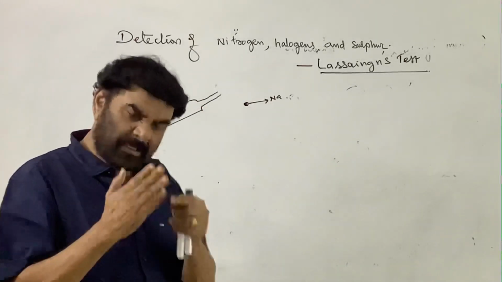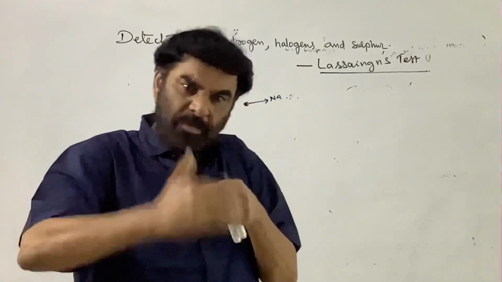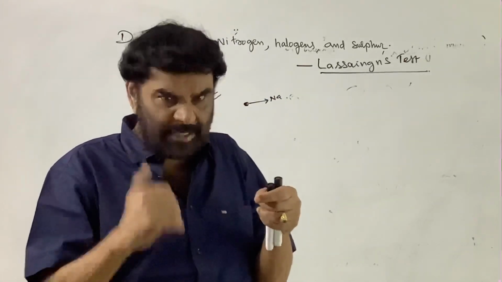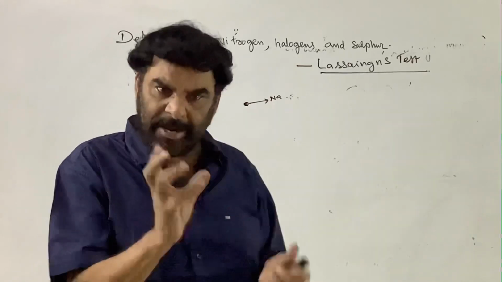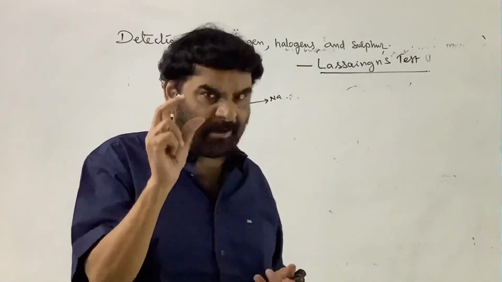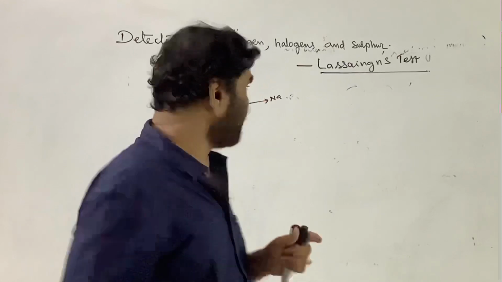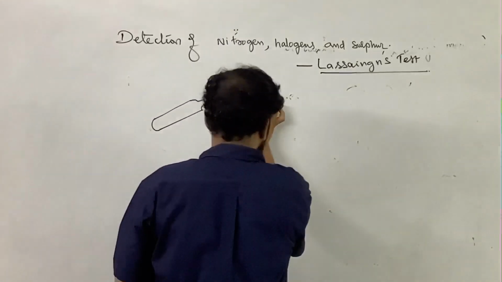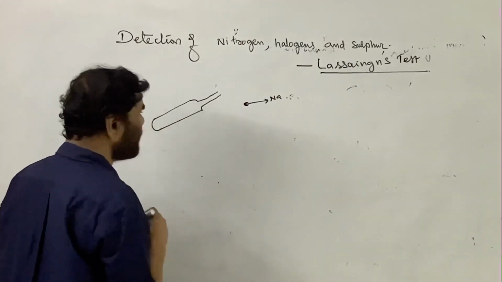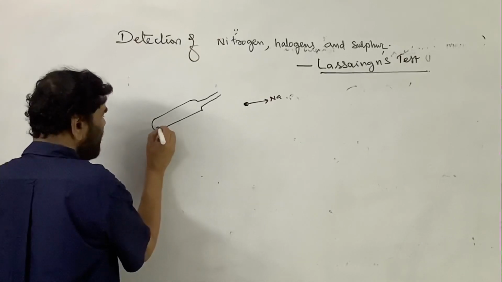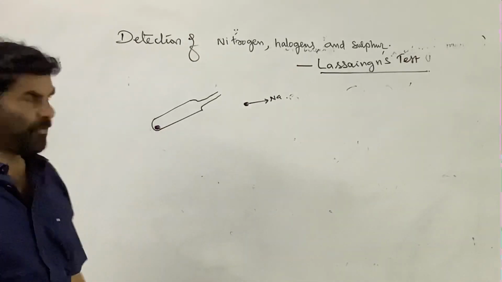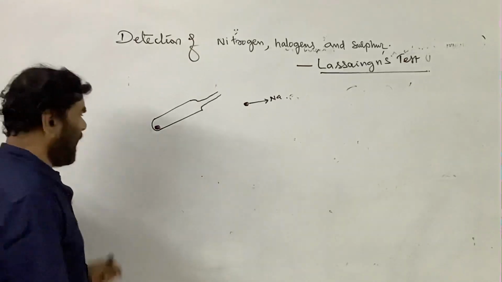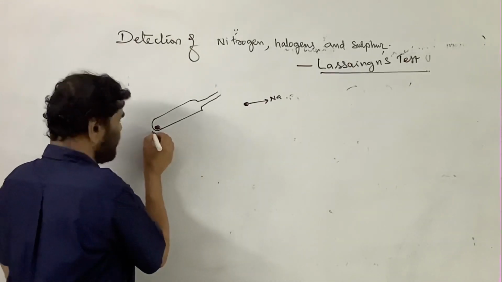Take the small piece and remove the superficial crust. I told you the crust is reacted sodium. So inside there will be glowing metallic sodium, and that is a freshly cut piece of sodium. A small piece is taken. So normally this is the sodium piece. Sodium fusion. And now see, heat it.